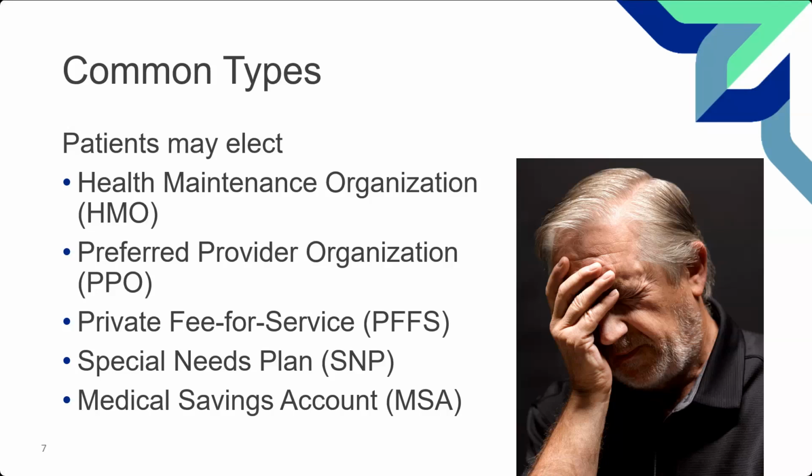Now then there's private fee-for-service plans. These ones are becoming less and less common. I don't want to make it sound like they're not possible. They're just becoming less and less common because on that fee-for-service plan, they work very similar to original Medicare. And so they also, but then sometimes add in what we would call Medigap coverage or supplemental insurance coverage. That's the additional benefit. So you get one with both. That's why that sometimes works that way.